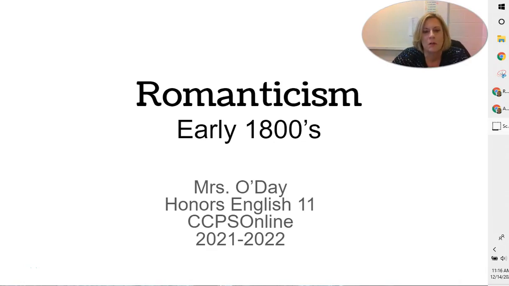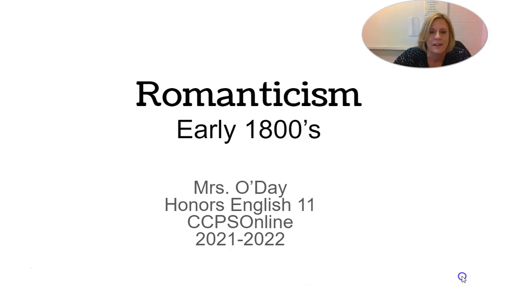Hi everybody, this week we're going to be exploring the American literature period of Romanticism. That began in the early 1800s and went to about the Civil War. We know that all of these periods are not neat and tidy and they have some overlap and some things that fit and don't fit. So that's my disclaimer for today.